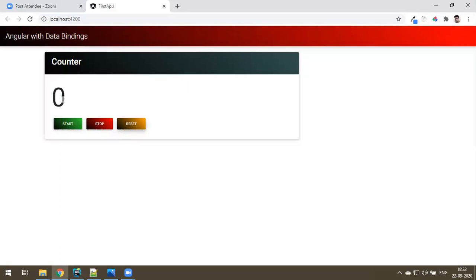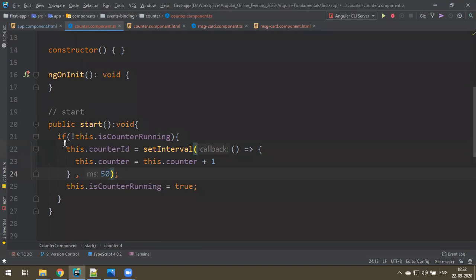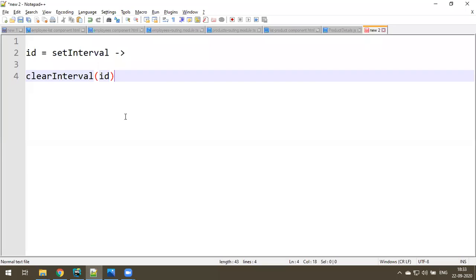You can also make the timing. Okay, so that we'll see in a coming example, but as of now just the counter. Fine, that's about data binding with how to call functions actually, but we have made some extra logic on top of it, right? Let's do one more example.